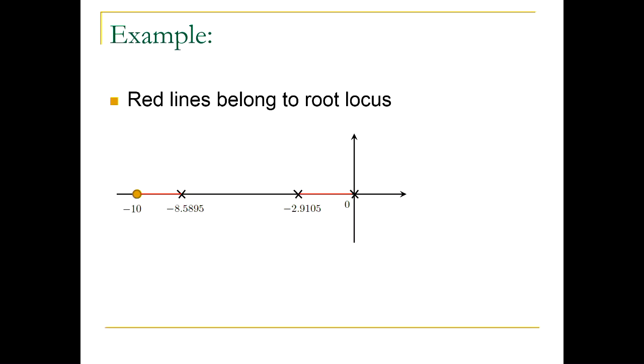How about test points here? Well, the contribution for this pole and this pole is pi each, and the contribution of these two zeros is 0 each. Now you will have something like minus 2 pi or 2 pi. That's not satisfying the phase condition. So none of the points on this part of the real line belong to the root locus. How about any point here? Well, the contributions of all three poles are pi, so I will have minus 3 pi, and the contribution from the zero is 0. So obviously, these points again satisfy the phase condition.